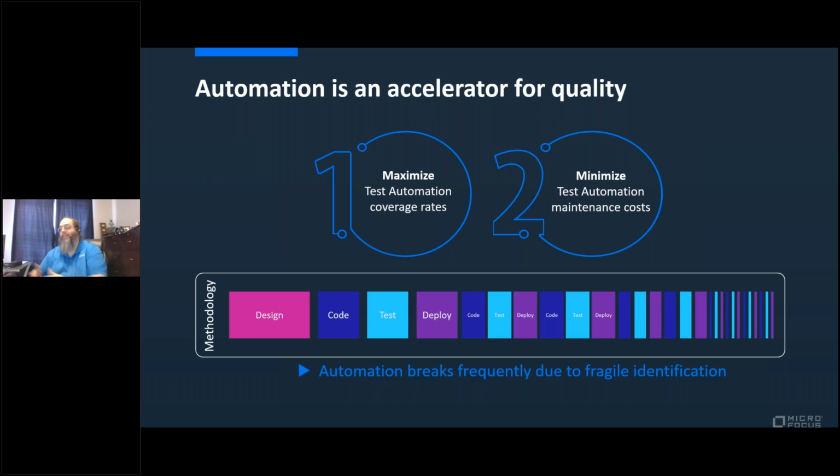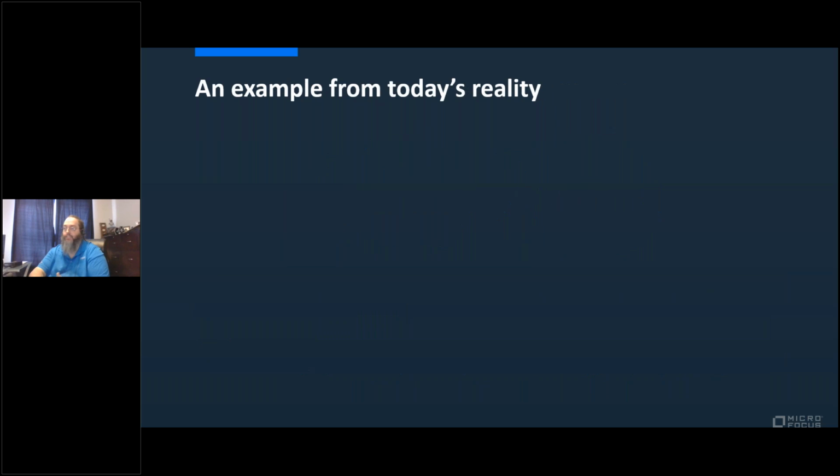However, we all run into that issue where you get a new release, and because of fragile identification in there, your test breaks. The application still works, but your test is reporting a failure, and it's failing because how you're identifying the object changed. So a true example from today's realities, we have an e-commerce application, and that